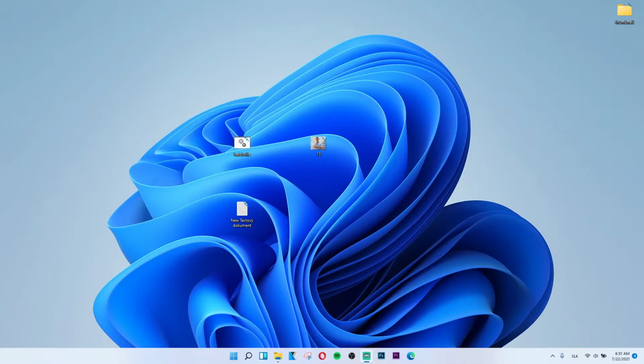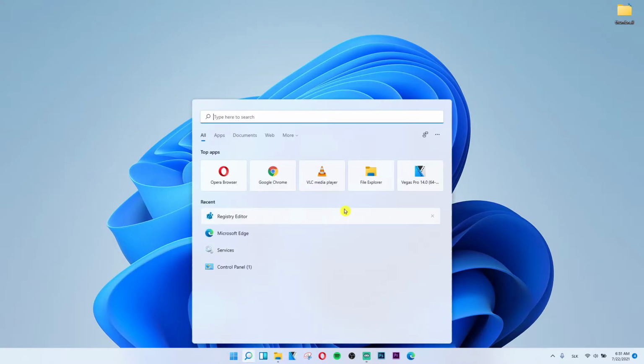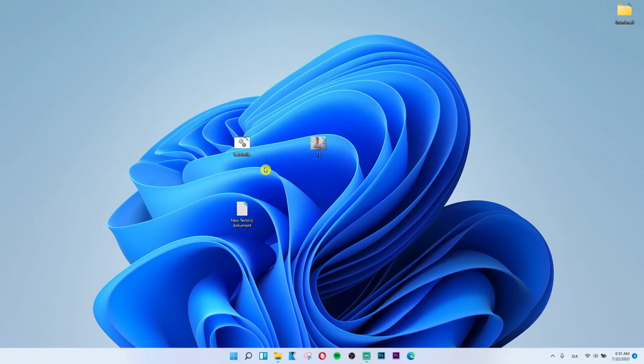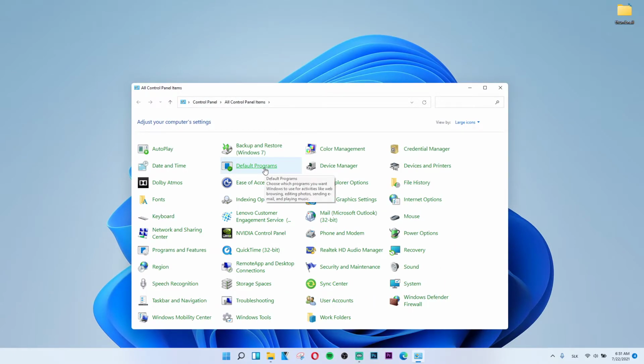So let's start. The first thing you want to do is just be in Windows 11 and then go to the bottom and click on search, and right here type control panel. And when you get to Control Panel, you want to find Keyboard,